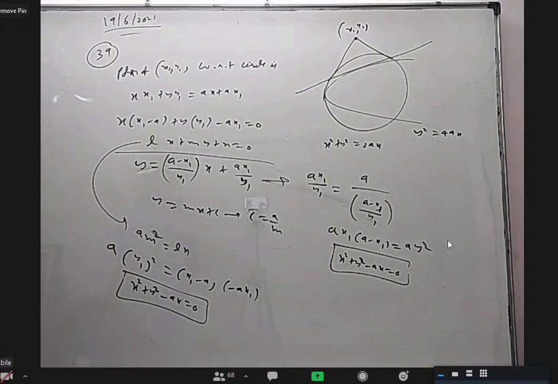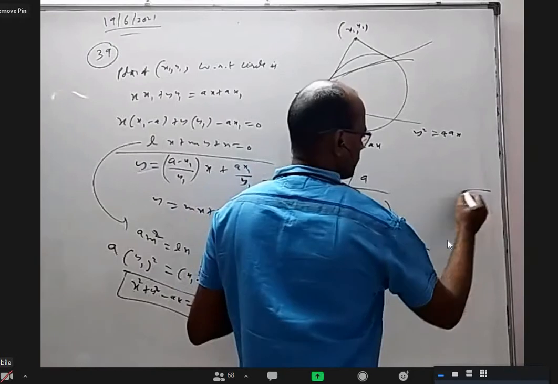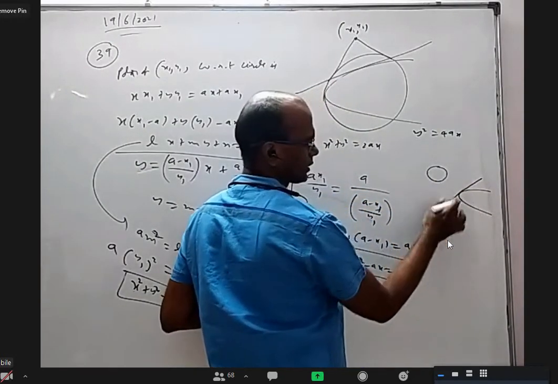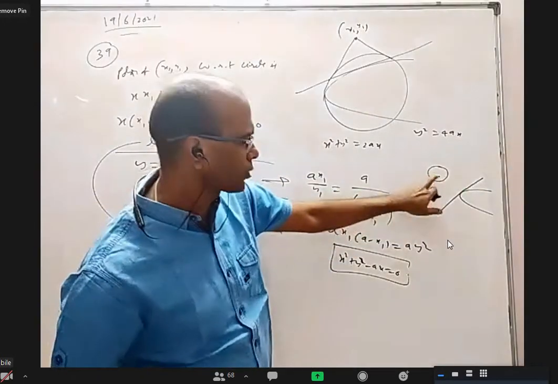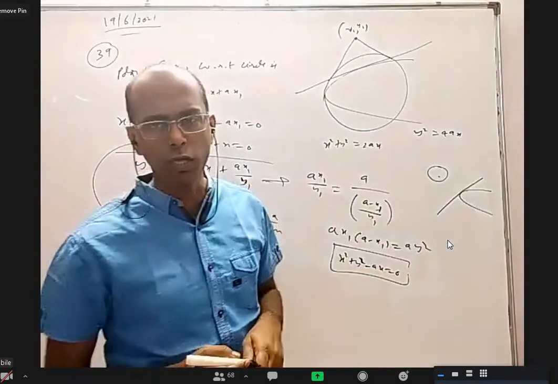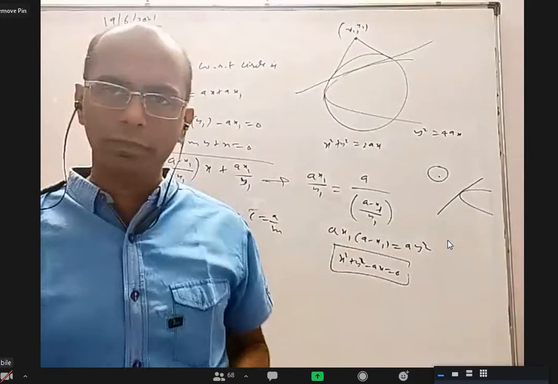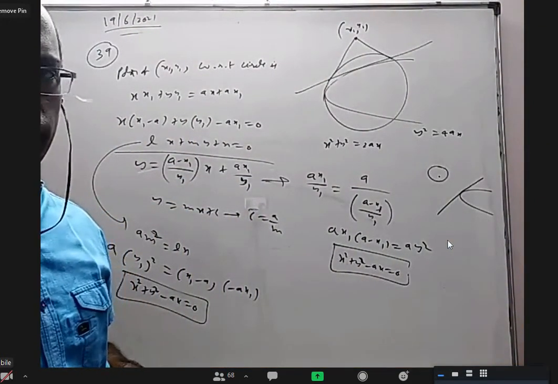See, you don't need the exact figure. Let's say I have a parabola here, I have a circle. The parabola has one tangent. That line has a pole with respect to the circle. I want the locus of that. I took that point as x1, y1. With respect to the circle, I found this line, the polar. Okay. Now, after getting the line, what should it be? Tangent to the parabola, sir. Yeah.